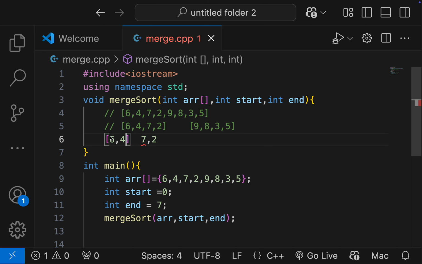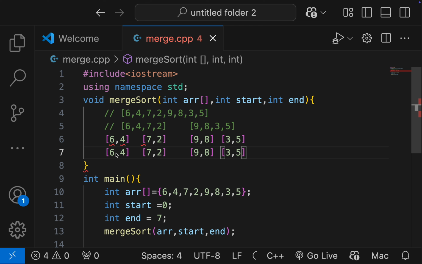Okay, I'm just copying all of this. And then after that you have to do the same thing. Okay, so basically what I have done,